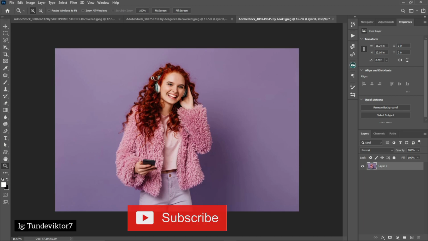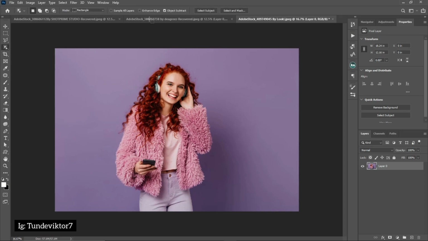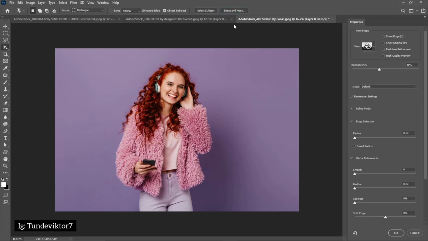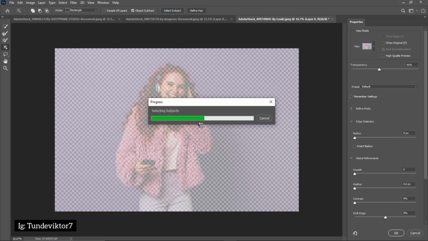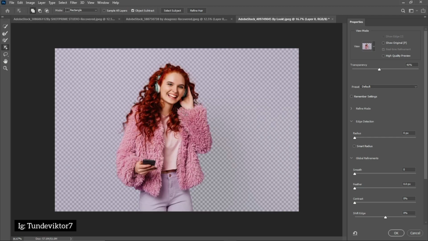So another way to remove background from your image is to come back to your quick selection tool and just click on select and mask. Once you get to this tab, all you have to do is click on your select subject. So once you click on your select subject, it's going to automatically select the subject for you, and once I click OK right here, it's going to add a layer mask automatically for me. So I'm just going to allow it to select the subject, so you can see it has selected the subject for me. And once I click OK right now,